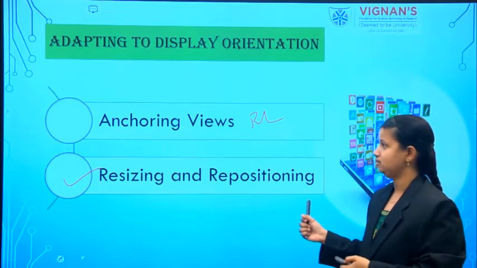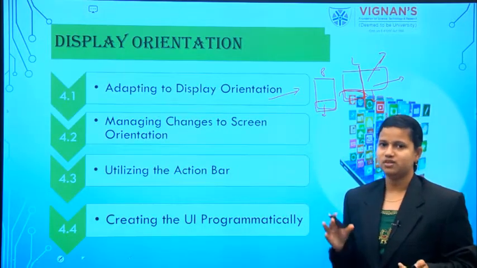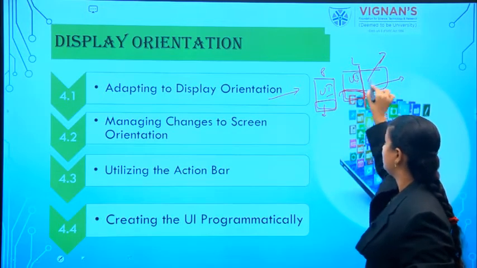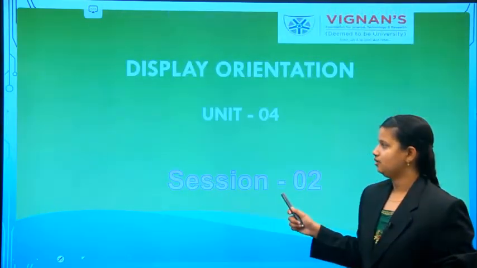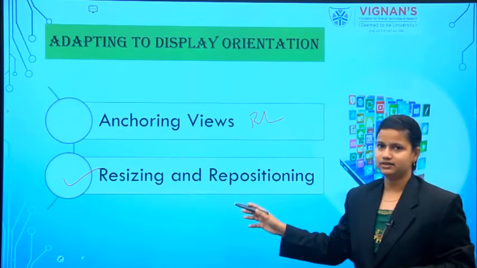While adapting display orientation, to adapt this user interface to landscape mode, we follow two different techniques: anchoring of views, and resizing and repositioning.